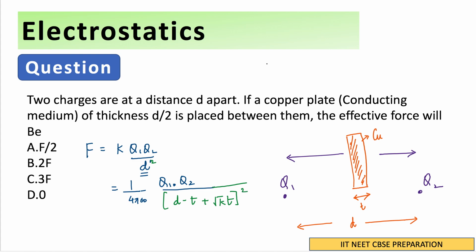Now understand that this root k is the value that we need to find out. And what is the dielectric constant for metals or for conducting surfaces? Copper is a metal, it's a conducting surface. So for copper, what have we studied? We have studied that if it is a metal, then the electric field inside will be zero. Inside a metal, inside a conducting surface, the electric field is zero. And what happens if the electric field is zero? How do we find the value of k?